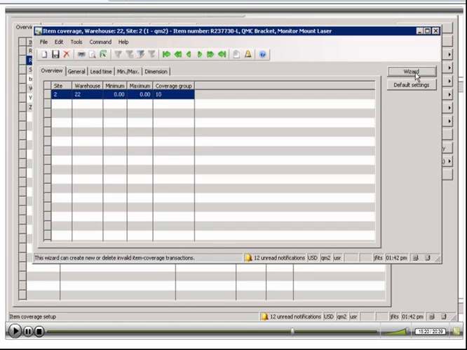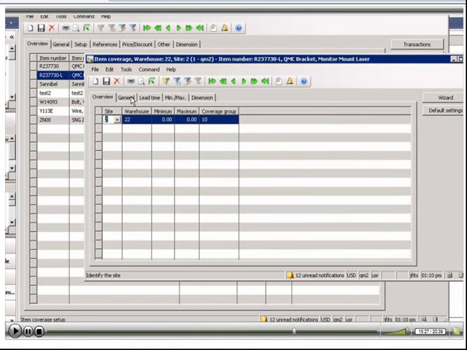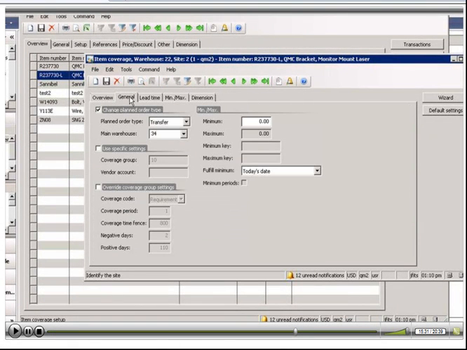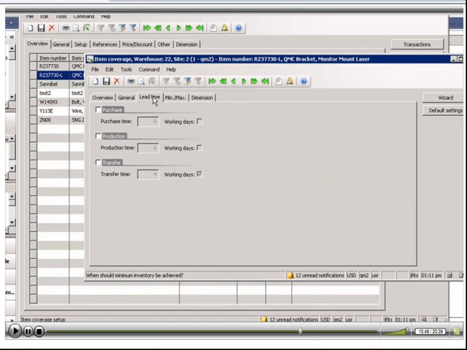This wizard will walk you through all the requirements for setting up your item coverage groups. By clicking on the General tab, we'll see the detail behind how we replenish Site 2 Warehouse 22. It's replenished from the main warehouse 34 by a planned order of transfer. We can also indicate min and maxes, fulfill minimums, which allows us to better plan when we can have this particular item fulfilled. We can also determine lead times, whether it be a purchased item, a production item, or a